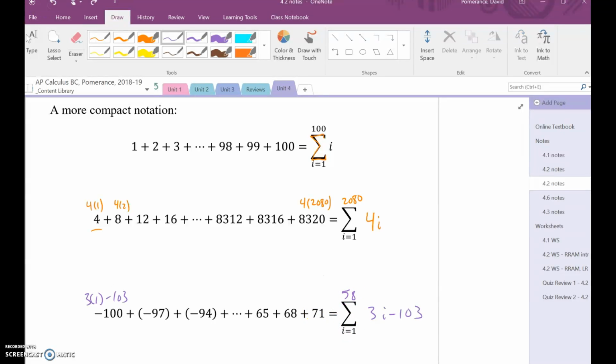And that's going to be the instructions for what we do with i. That's going to give us each one of our terms, our first term, our second term, our third term, our generic ith term, all the way up to our 58th term. And once we find all 58 terms, we take the sigma, or the sum of all of those terms, and we add them up, we sum them, and we get a final answer. So again, this is asking the same question, it's just finding a more compact way of writing that same summation problem. Alright,